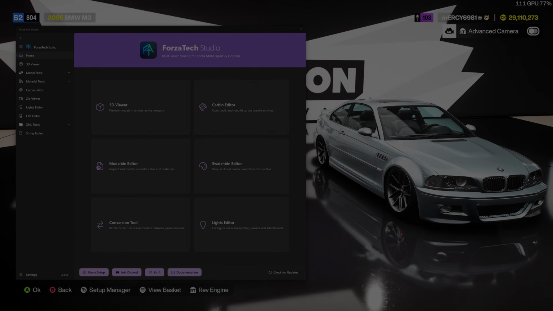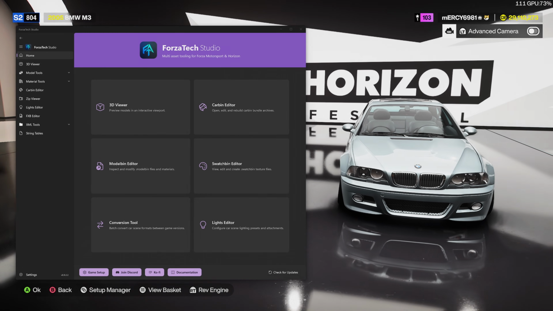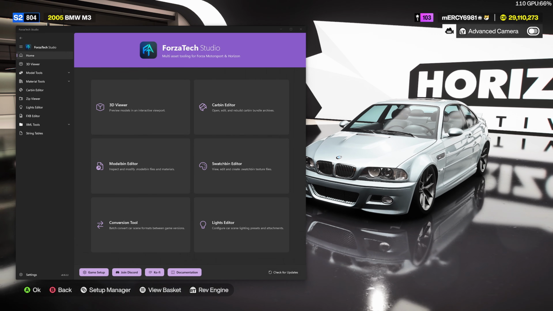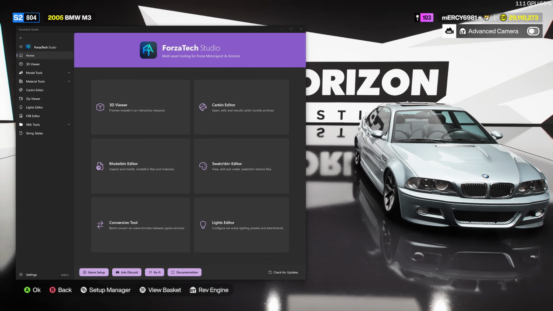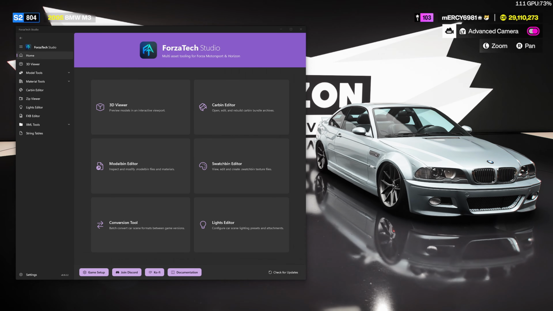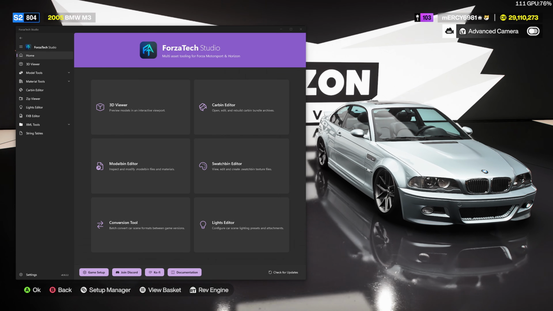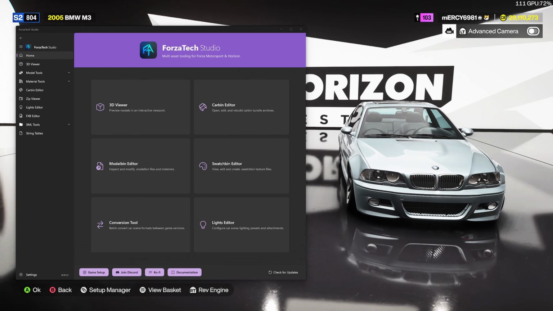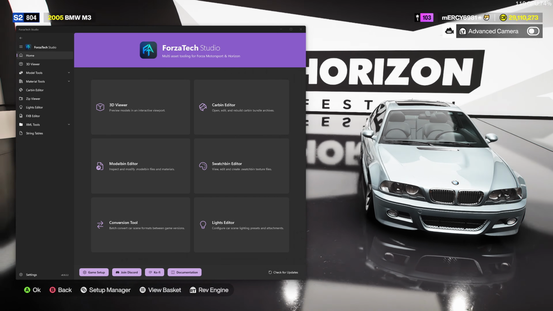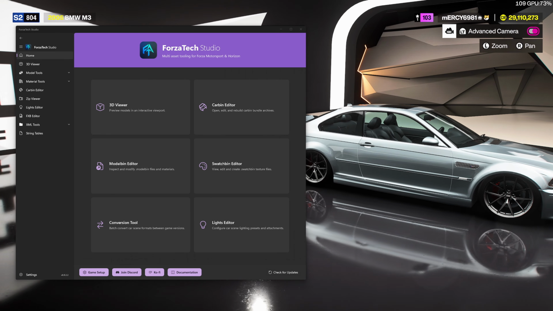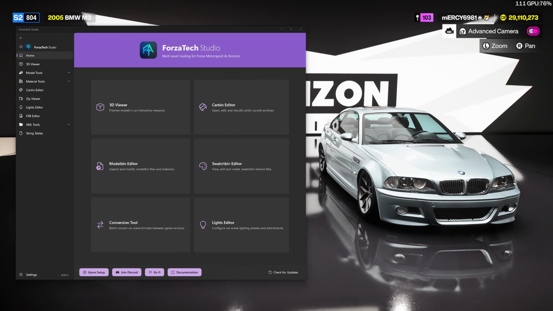I'll be doing a short mini series on how to mod Forza and get your Assetto cars into Forza. It doesn't really even have to be Assetto cars. It could be really any model that you want. I'm going to be doing a short mini series on how to do this, and I know a lot of